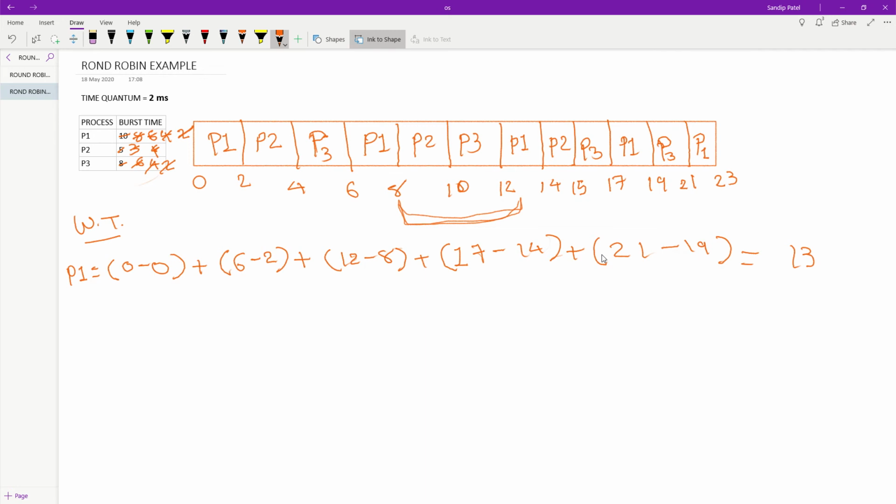Now next, for the process P2 we will calculate the waiting time. First response is generated at 2 millisecond minus arrival time, plus P2 swaps out at 4 millisecond and again swaps in at 8 milliseconds. So 8 minus 2. P2 swaps out at